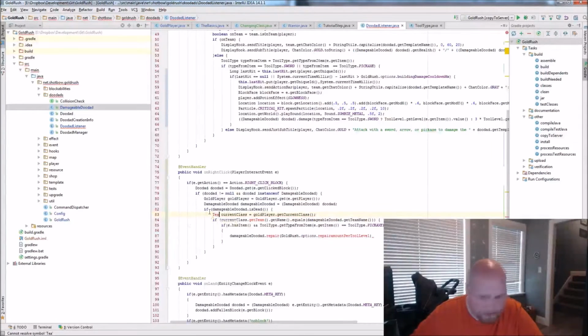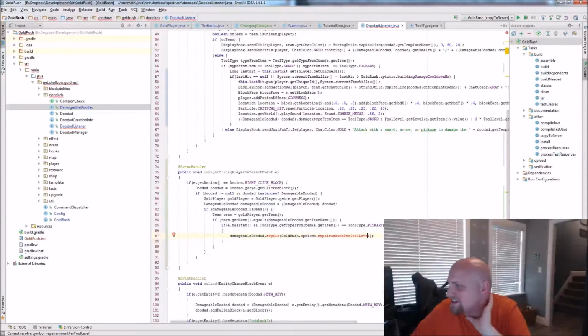We want Gold Rush team get team, and then change that. Sorry guys, this is the boring part of programming, but it's good stuff to learn. So damageable doodad.repair, repair amount per tool level. You're basically just going to see a bunch of random tools that I've used to make things.